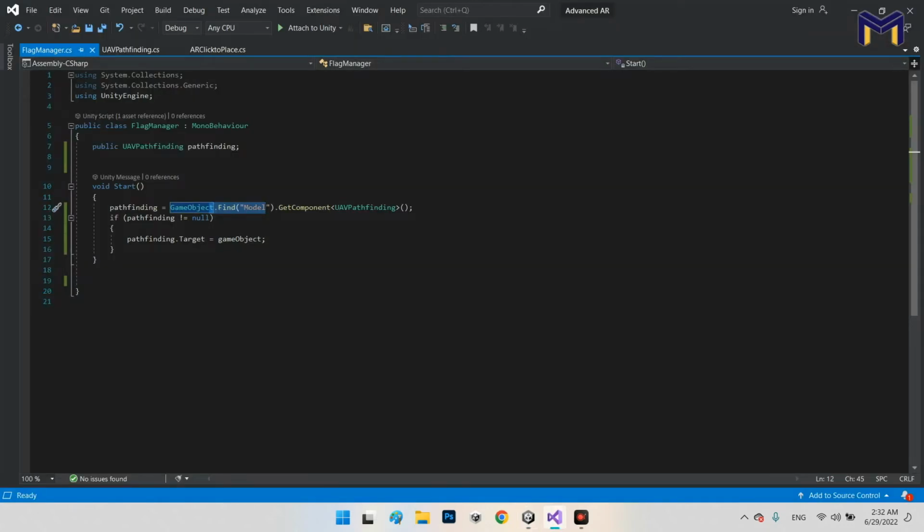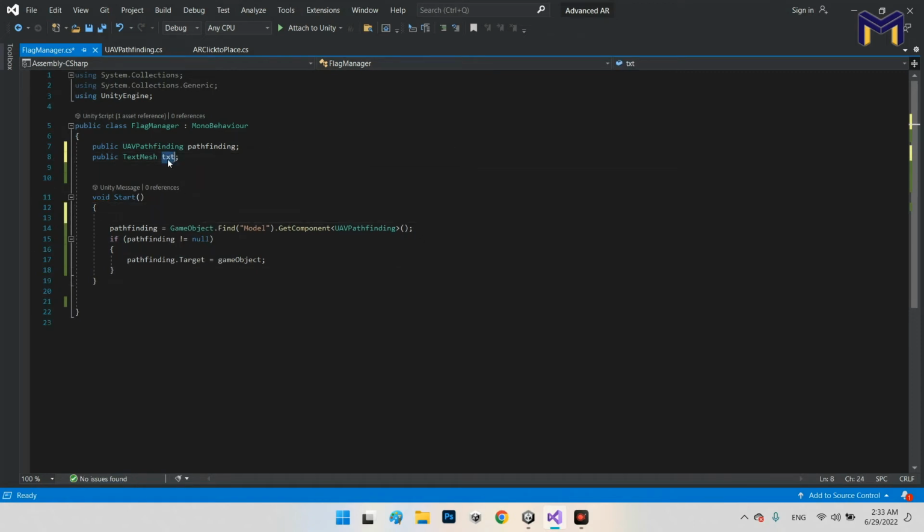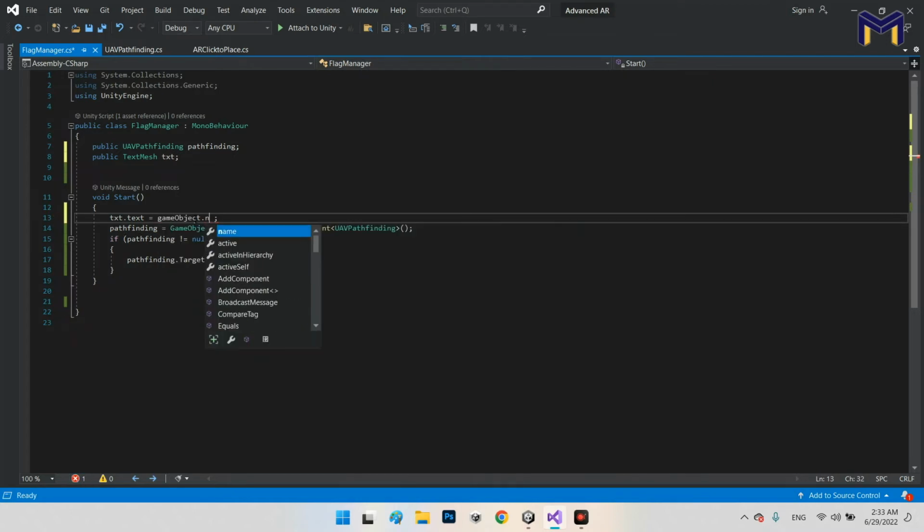Okay, let's come to the flag manager. I will add a public text mesh. I call it txt, and in the first moment I say txt.text equals first the name, gameObject.name. Okay, now plus double quotation and this one, this guy. Perfect. I'm not sure exactly about this character. Then x plus, oh, maybe I have a problem in here. Okay, and plus